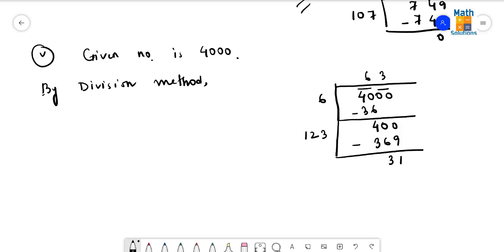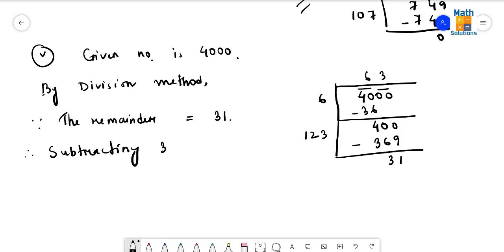Yes, 31 comes as a remainder. So here I shall write, since the remainder is equal to 31, therefore subtracting 31 from 4000, we shall get